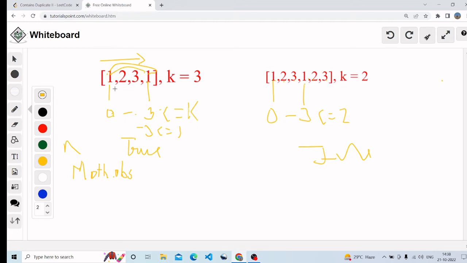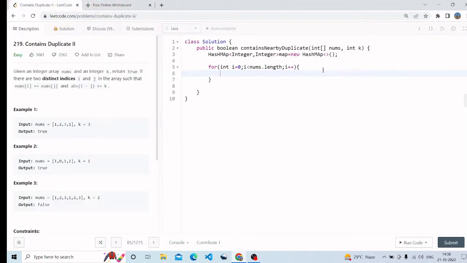So firstly I check if it contains I, so I want to subtract the index. If the difference in index is less than or equal to k, I want to return true. If it is not less than or equal to k, I want to return false. So firstly I check map dot containsKey